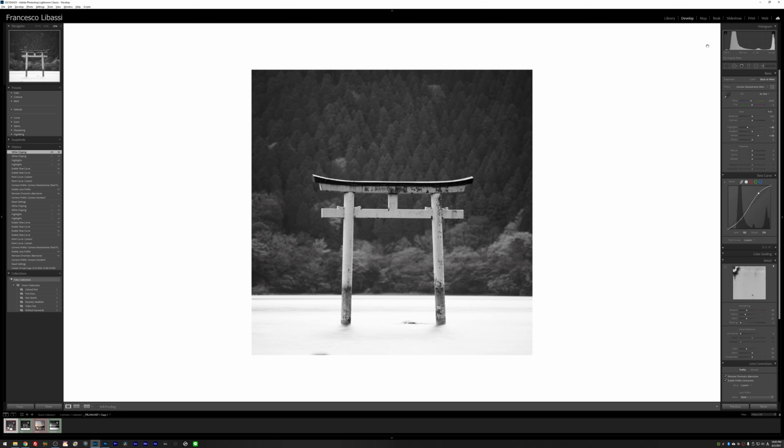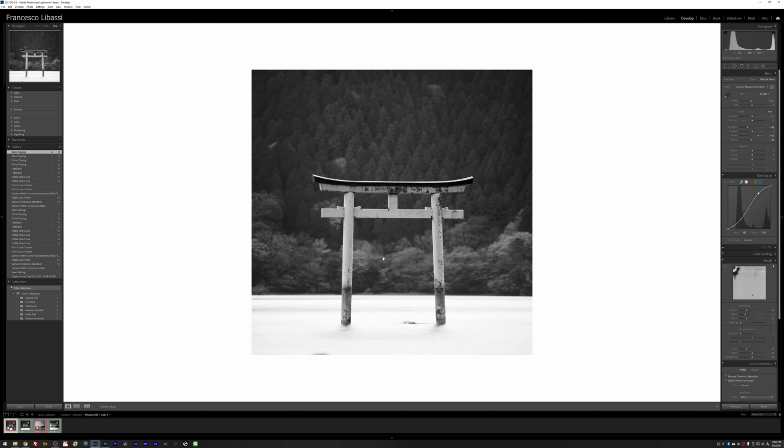And then another thing that I might want to do, as you can see here, the blacks are not down to the darkest point of the histogram. So I'll probably go just a little bit down here on the blacks, so I make sure that my background here gets a little bit darker. I think probably something like -10 will be good enough. And that's pretty much it.